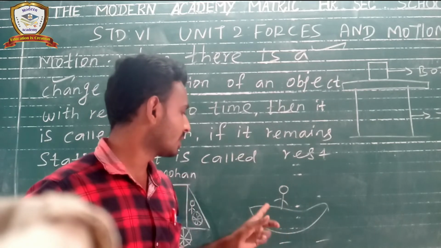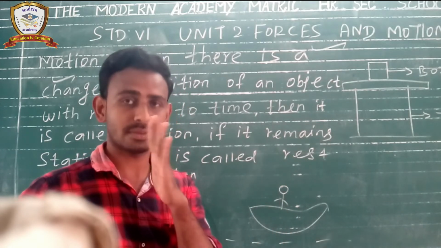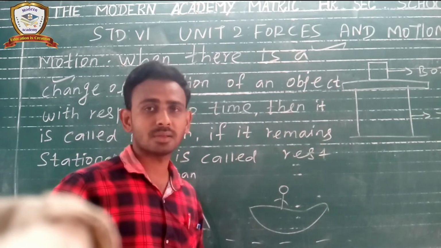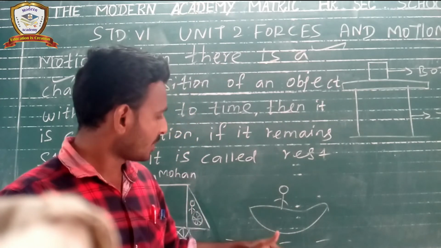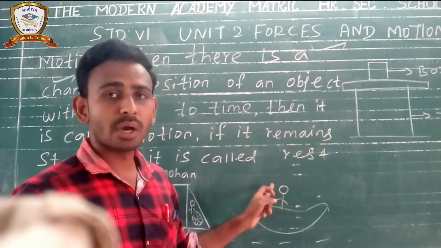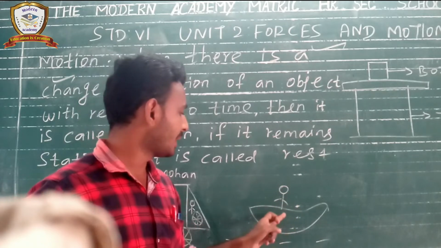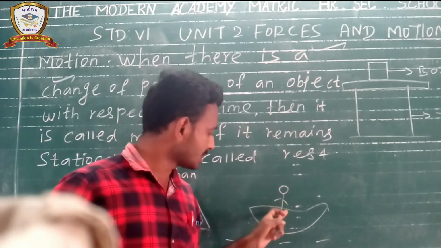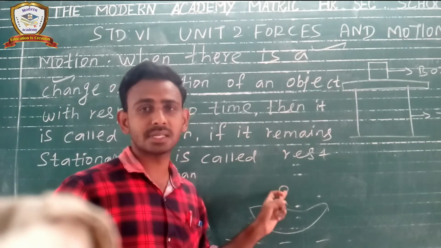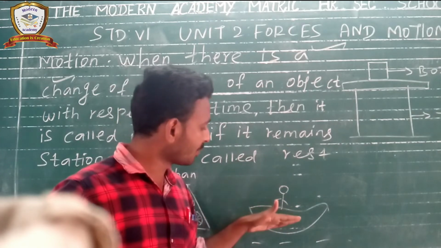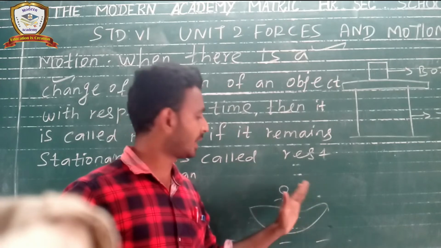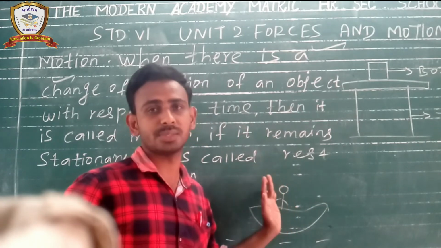Okay. So see here, two different main things we have to consider. First one, boat, and second one, water. So based on the water, Mohan is moving, right? But based on the boat, Mohan is not moving, right? Because based on the boat, Mohan is in rest condition only. Compared with the boat and the man, the boat only moves. The man is only in rest position.